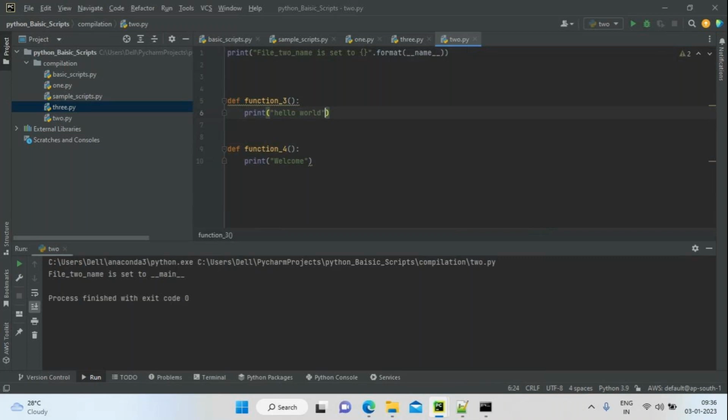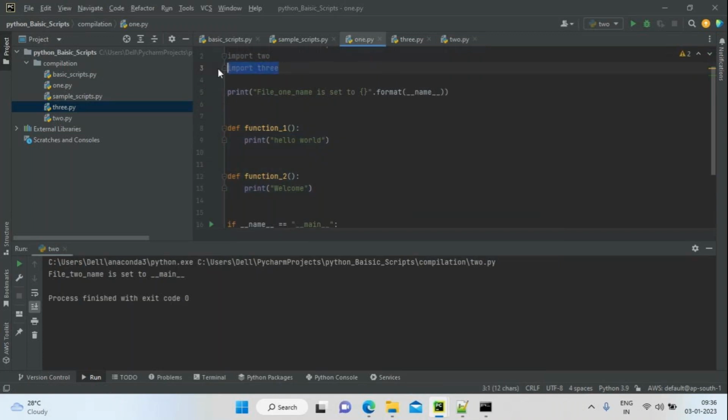If I want to make changes in my string, I want to use format. If you want to make changes in the string, you can use format. Otherwise, you can make it as welcome underscore one. You can reformat the file. Okay, fine. Just save it. Now, I'm going to remove this import statement.